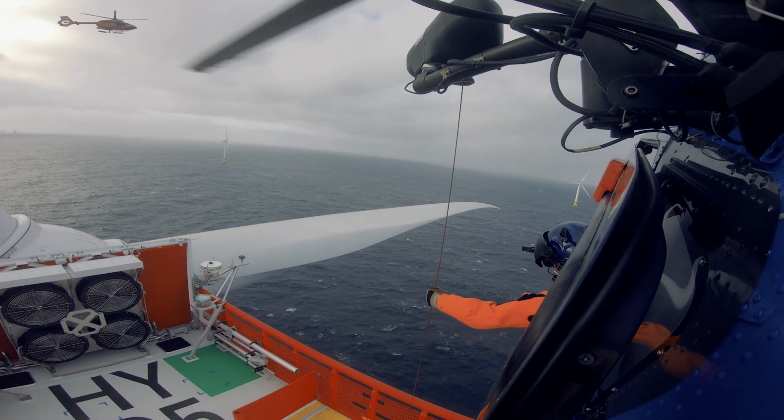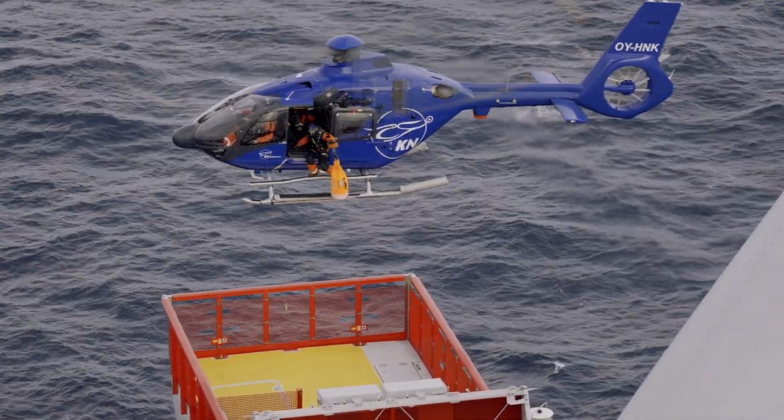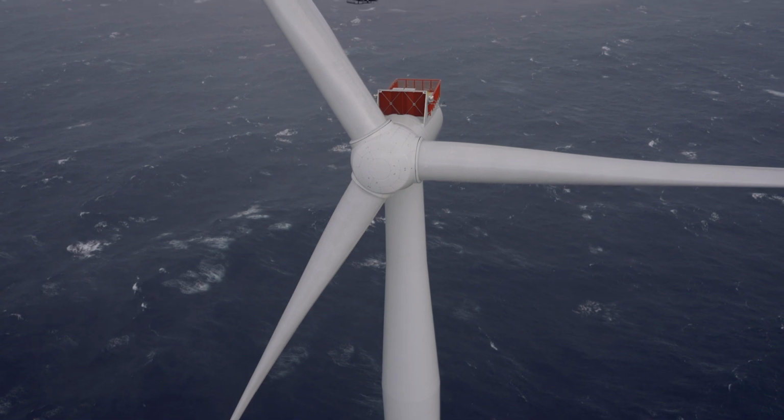We have been lucky to partner with Equinor, with the first really offshore wind turbine in service in the world. We have used the two most experienced pilots in the world as well, from HTM and KN, to perform this trial. We had 30 knots of wind, we had 5.5 meters of wave height, and a swell also